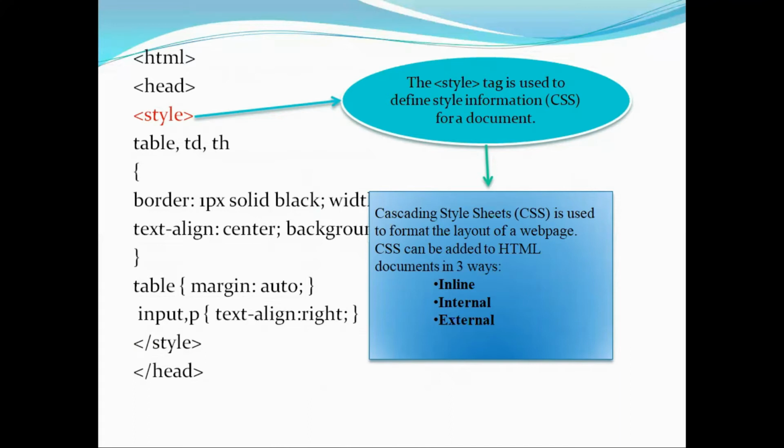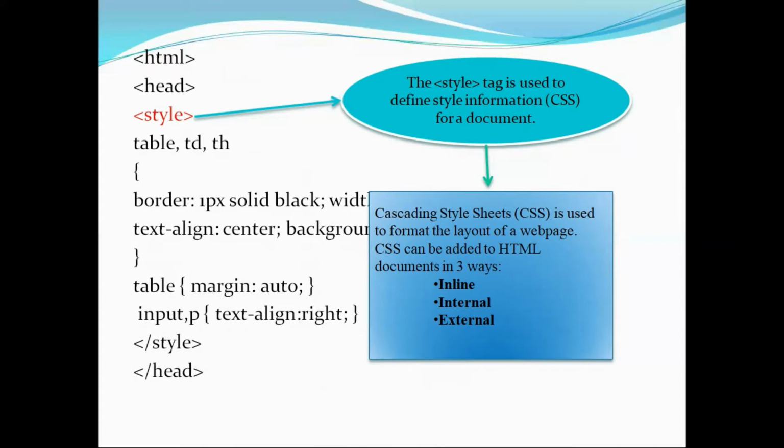Cascading style sheets can be added to an HTML document in 3 ways: inline, internal as well as external. As we already know, inline means inside the element itself we can specify the properties for that element. Internal means we are embedding the CSS part inside that HTML document. And lastly, external means we are separately creating one file and then giving a reference to that HTML document. Anyhow, we are using the second type called internal cascading style sheets.